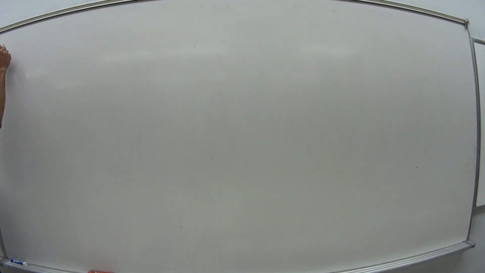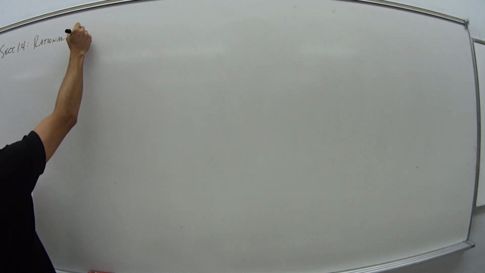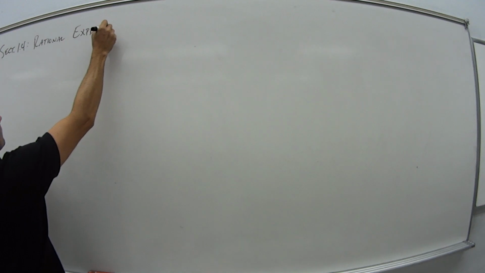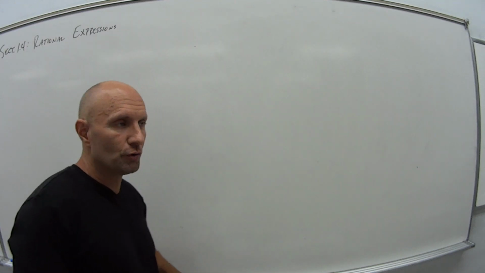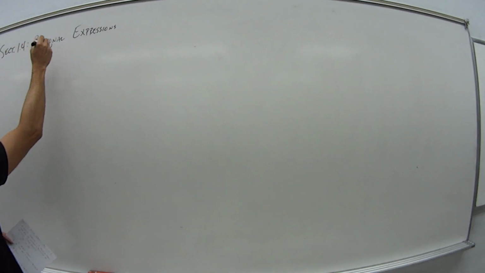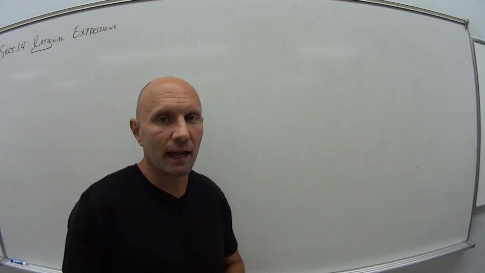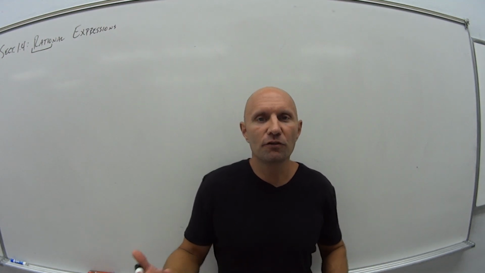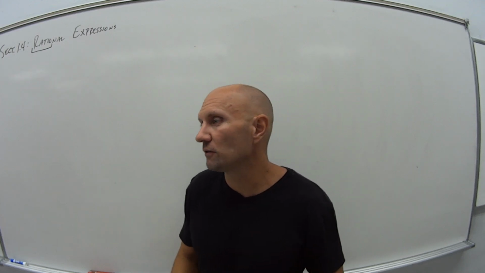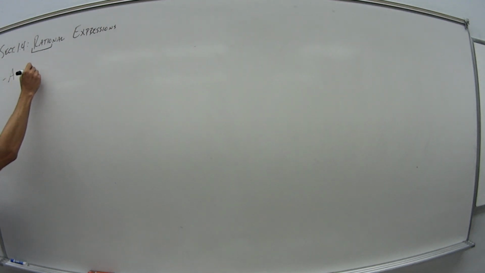In section 1.4, we're going to be looking at rational expressions. Just as in the first chapter, when we were talking about rational numbers, rational meant a ratio, a fraction. An expression, like we just saw in the last video for section 1.3, is just a combination of letters and variables with plus and minus signs, or multiplication, division. So a rational expression, definition for you here,